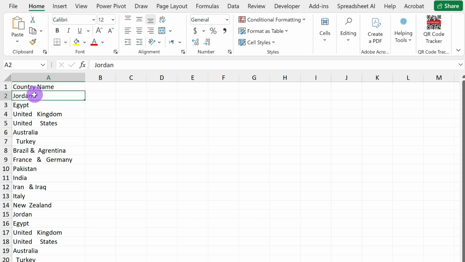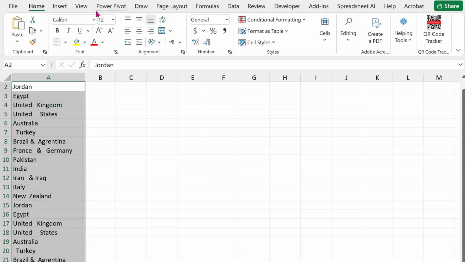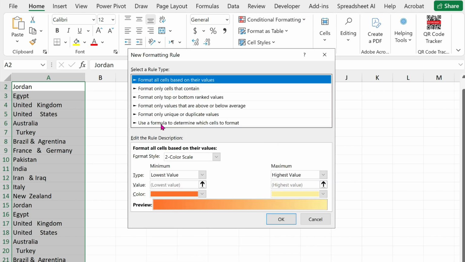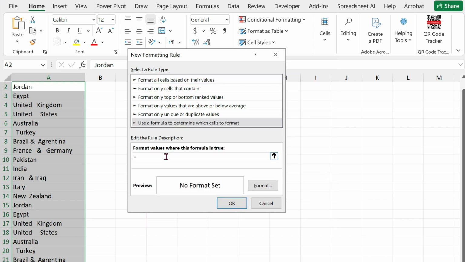For this you need to select the data and then go to the Home tab, click on Conditional Formatting and click on New Rule. Now click on Use a formula to determine which cells to format. Put the equal sign and A2, the first cell of your selected range, then put the less than and greater than sign and type TRIM. Open the bracket and again type the cell